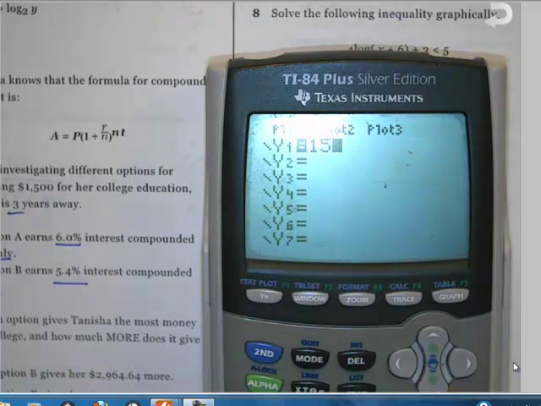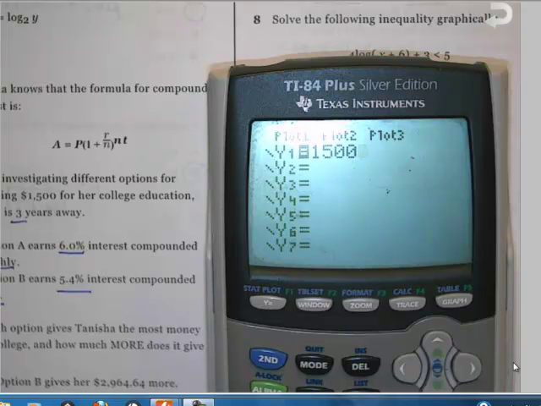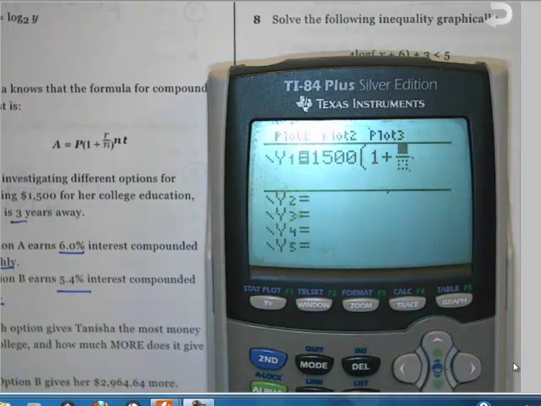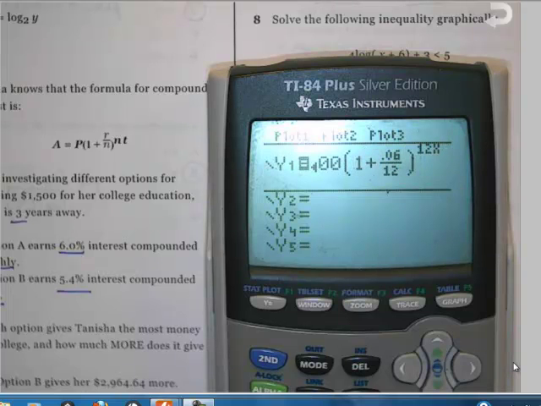So we've got $1,500 times 1 plus our rate, which in the first case is going to be, so we're going to take our fraction, 0.06 for 6%, divided by, and it's being compounded monthly. Well, how many months are in a year? Well, there are 12 months in a year. And we're going to close it up, and we are going to set it to 12 times x,